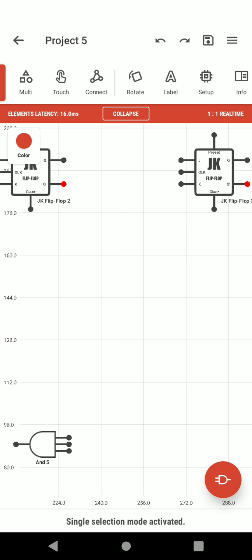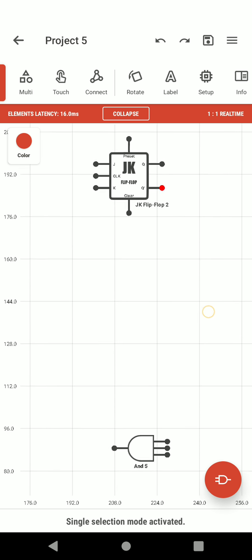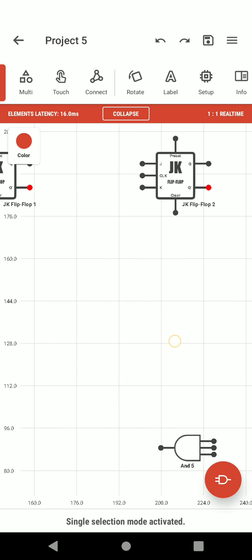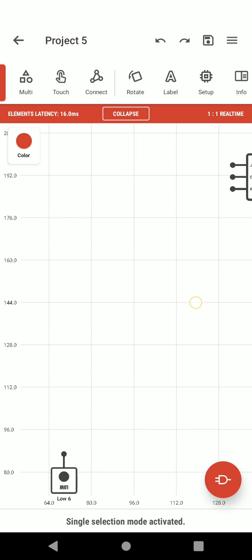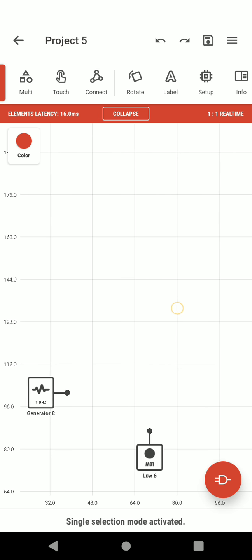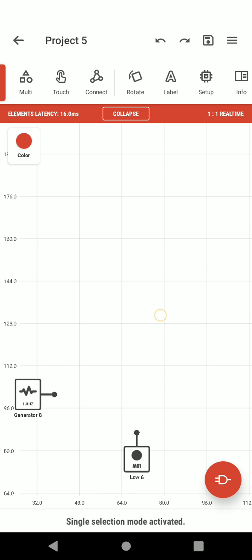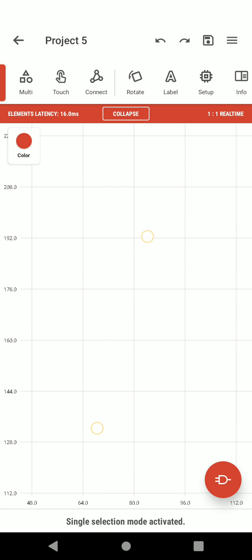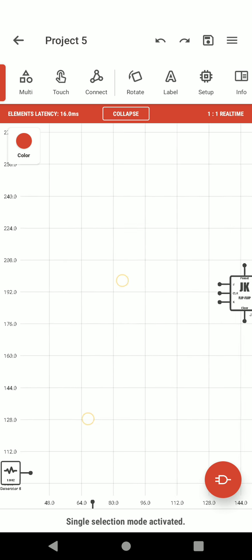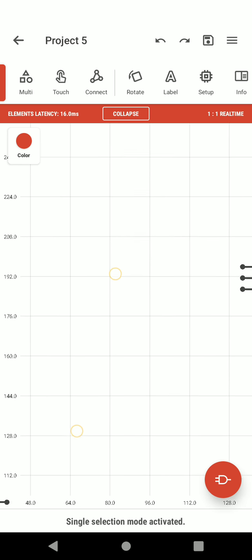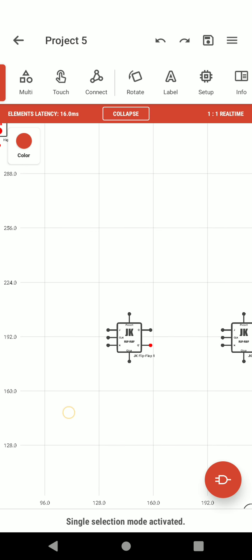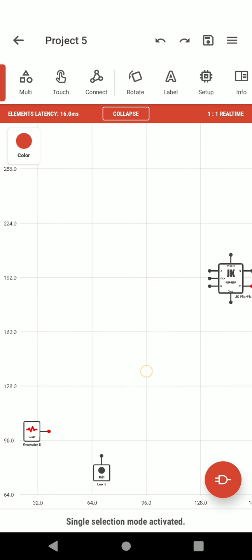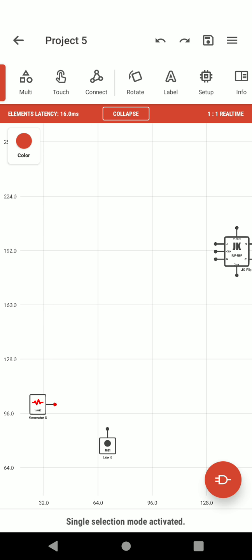So everything, I think all of the components have been taken. So now let's start giving connections to them all. So we can minimize the circuit or maximize based on that, so that you can give connections easily.